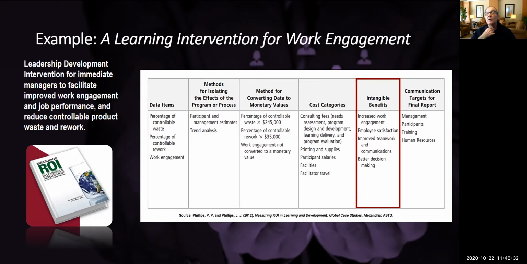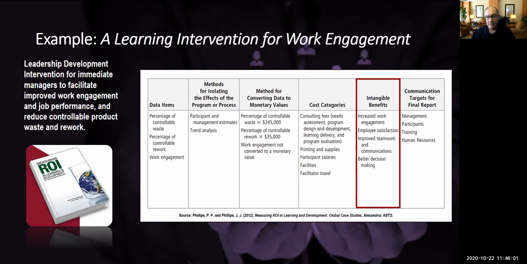Intangibles: we said we weren't going to convert work engagement. So there it is, top of the list, increased work engagement. We also have some others that the participants provided that weren't level 4 items, and that's okay. List them, because when you come out to do your briefings and communicate the results, it's always good when the client hears their own thing, right? It's intangible. You didn't have to measure it. Doesn't cost you a thing to slip it in here.